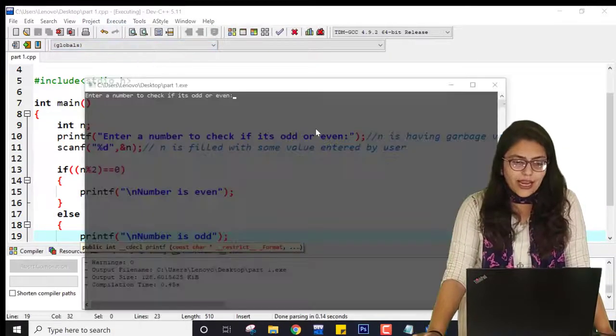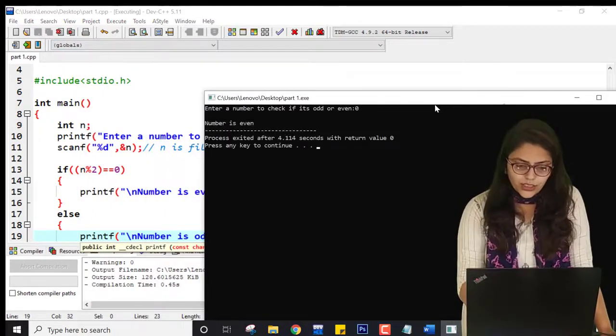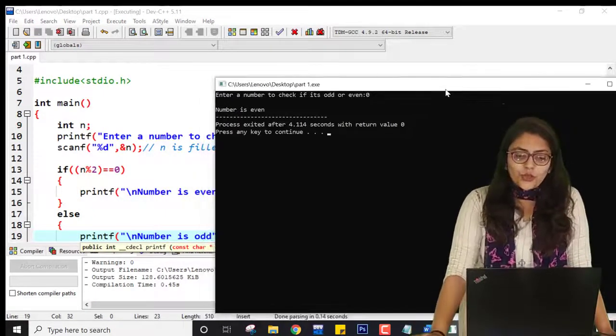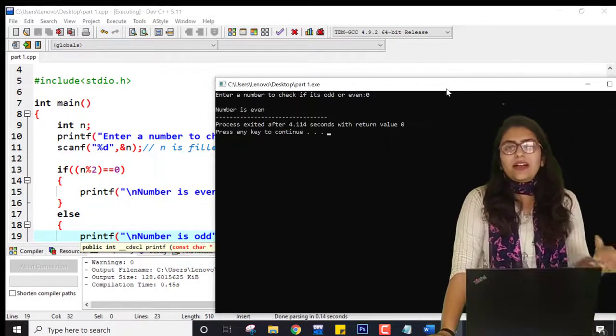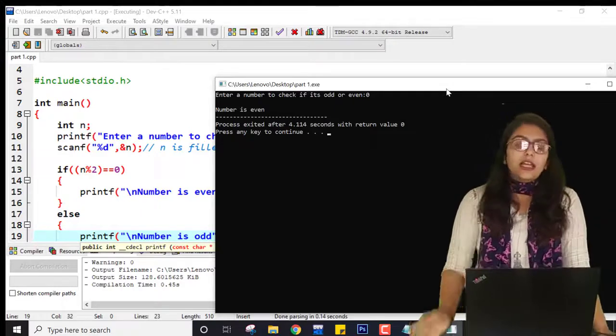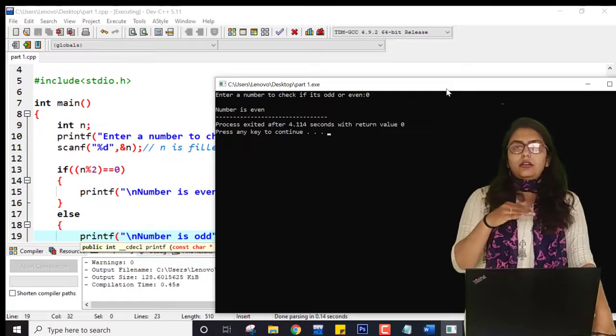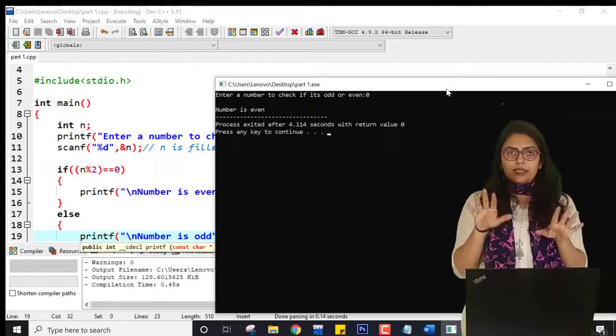What if I am entering a negative number? What if I am entering say 0? Whenever you are dividing 0 by 2, the remainder will be 0 itself. Okay, so I have told you that for the remainder function, if I am dividing a number by a number higher than it, then the remainder is the number itself.